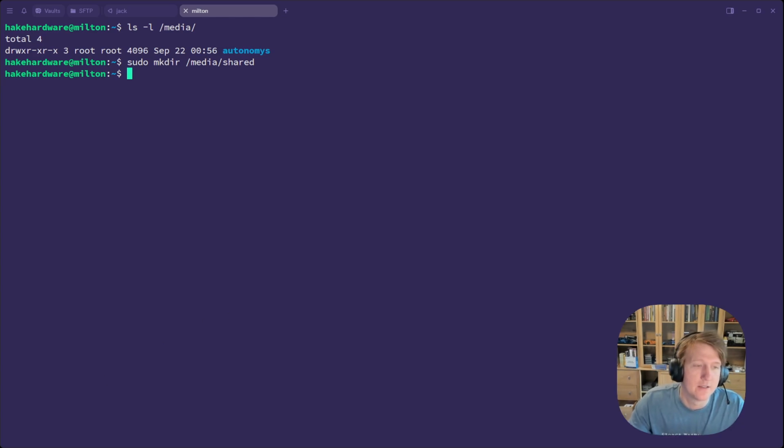Okay. And then the next thing we're going to want to do is set the permissions of this shared drive so that the current user has access. So when I mount this drive, I want to actually have access. And I want to test this out because I'm not totally sure on this. I want to see if we do need to modify the permissions of media shared. So instead of doing this, we might come back to this step if we need to. So what I want to do is mount the shared drive through our